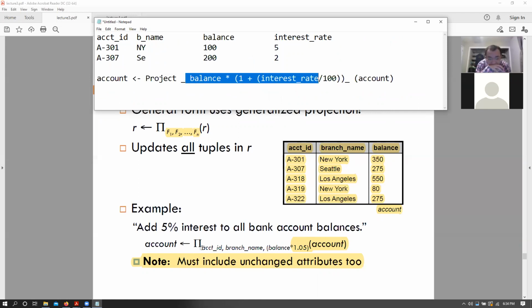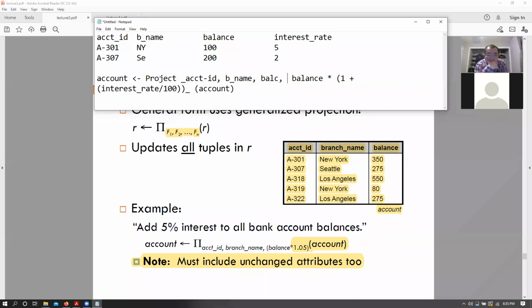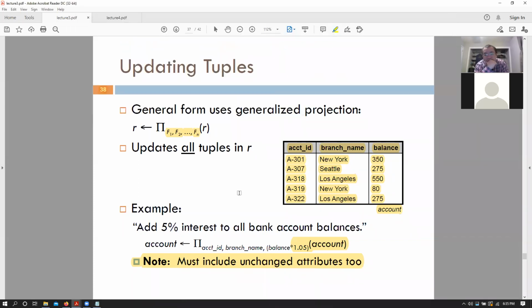We need to have all other attributes in my list as well. So we need to have account ID, comma, branch name, comma, balance. No, balance is this part. This is our new balance, comma, interest rate. Right? We need to have all of those attributes, because just computing that and then assigning it to account would just mean that account would now just have one column. So we also need to project out all of those other columns as well. Okay.